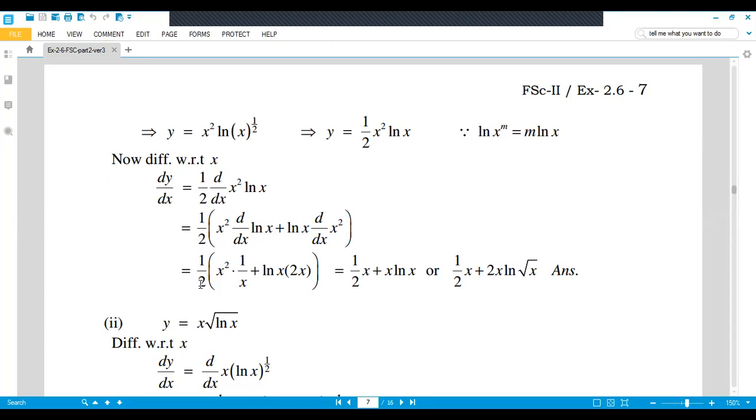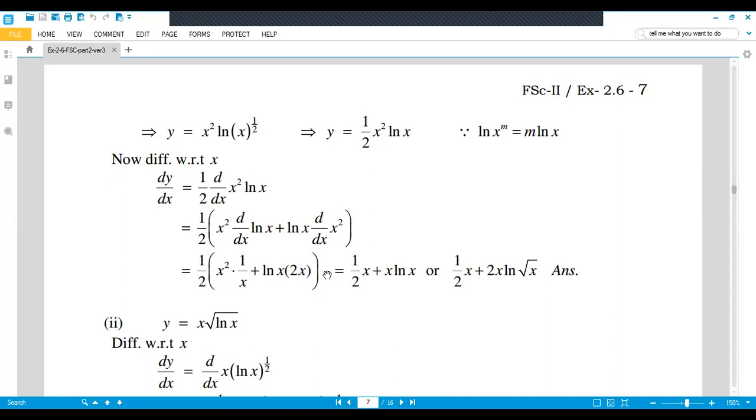So this one you copy as it is, x square you copy as it is. The derivative of natural log of x is 1 over x and the further derivative of x is 1, so no need to write it here. So natural log of x as it is, the power will come as a coefficient and from the power you subtract 1. So 2 minus 1 is 1. So 2x you will get.